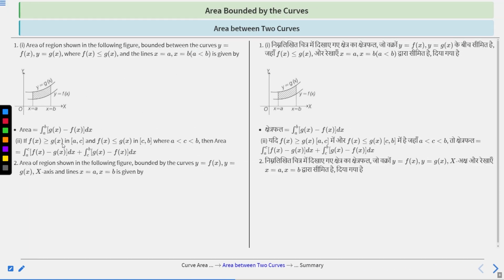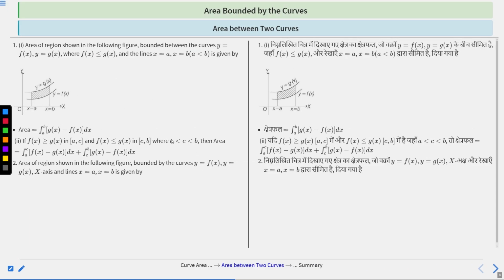Okay. Next, area between two curves, right? How will we calculate the area between two curves? First, the area of the region shown in the following figure, bounded between the two curves y equal to f(x) and y equal to g(x). See, this is y equal to f(x) and this is y equal to g(x), where f(x) is less than or equal to g(x), and the lines x equal to a and x equal to b, where a is less than b, is given by...